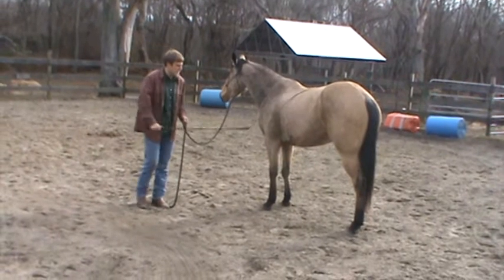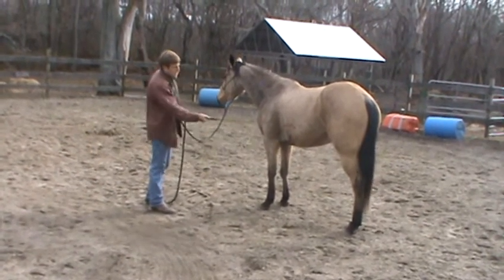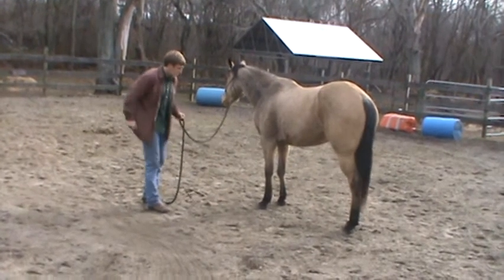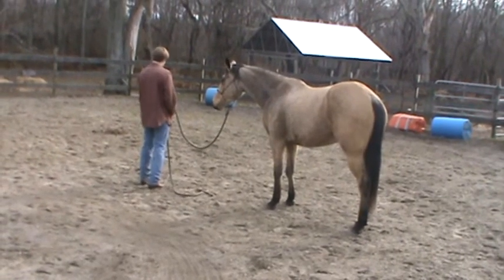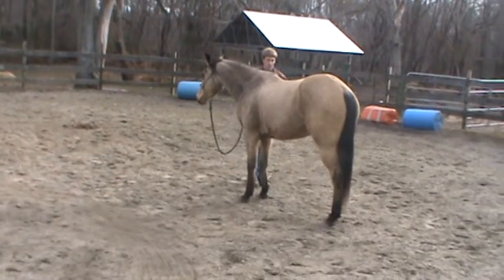Because I've slapped the ground behind her a couple of times, just when she got a little nasty about stuff and wanted to kind of tell me that she was thinking about kicking me. I told her to get moving forward with that string. So I want to make sure she can differentiate between when I'm asking her to move using that string and when I'm just